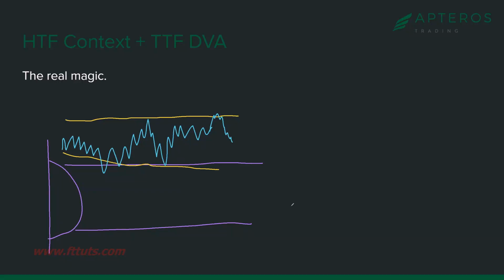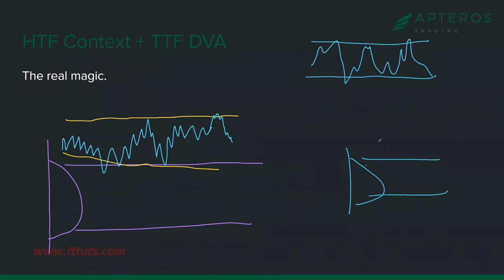Contextually, if we split these two into separate charts, here's DVA and price. It's clearly rotational. Here is CVA and price. It's clearly imbalanced up. The real magic here is we're not looking for those two different time frame conditions to be the same. We know that we are bullish against composite value area high. You're going to see my daily market insight level have a nice green level from this area.